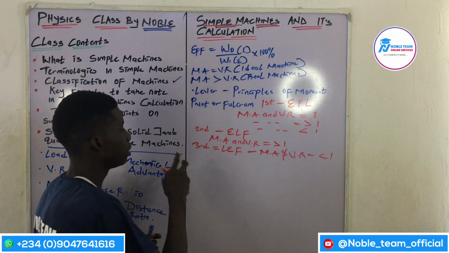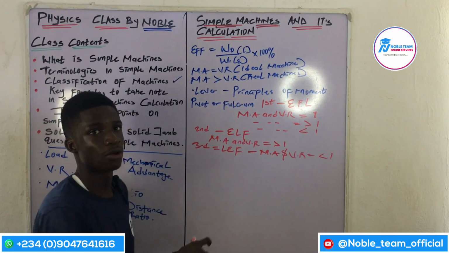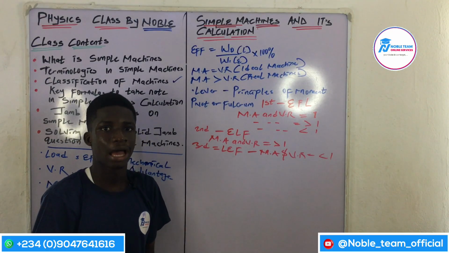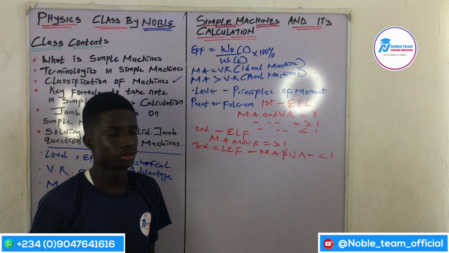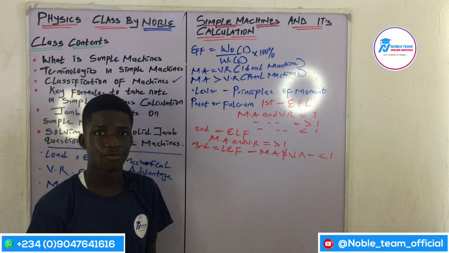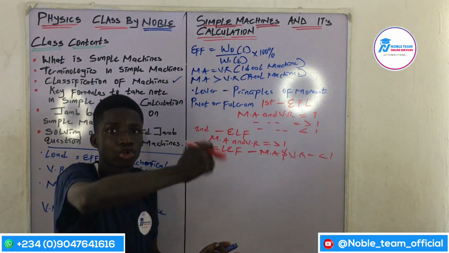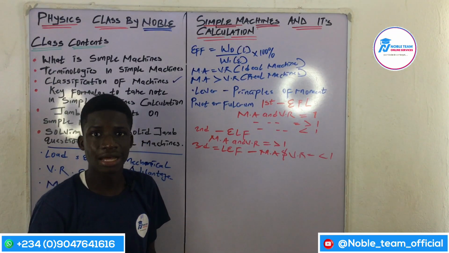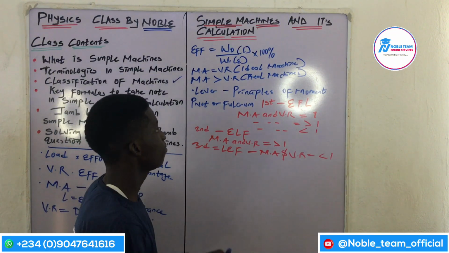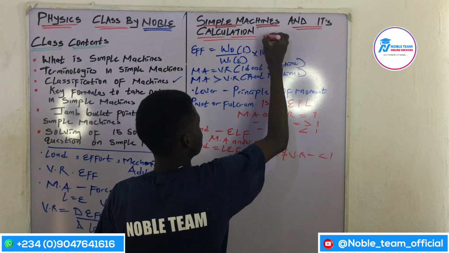Now in this particular classes of lever, just take note that the first class lever and the second class lever are what? Force magnifiers. Do you understand? Are force magnifiers, because both of them you applied force in them. But in third class lever, they are called the distance magnifiers. Now let me write it out here. First and second,